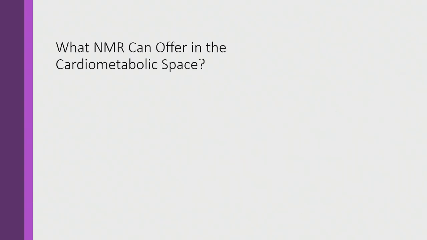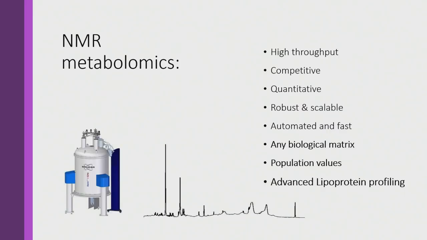So what can it offer in the cardiometabolic space? I try to summarize the main aspects. It's very high throughput, which from a clinical point of view is very important. You have to be able to profile lots of metabolites for different persons in a high throughput way. It's competitive in price. It's not very expensive. If you have a project to analyze a huge number of samples, you can use NMR. It's quantitative, which for clinical reasons is very relevant, because if you have the absolute quantity, you can compare along the years, along the projects, along the studies. And that's very important for clinical applications.